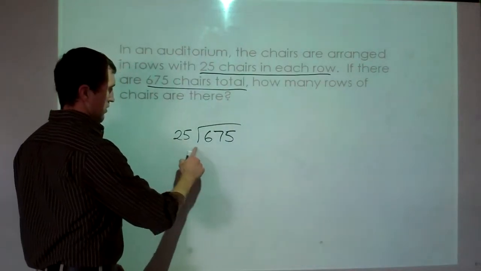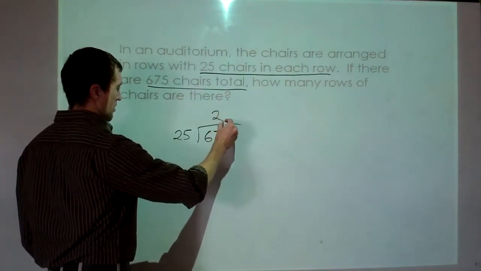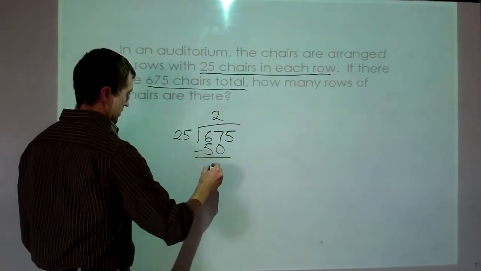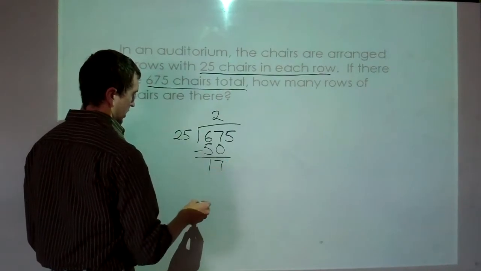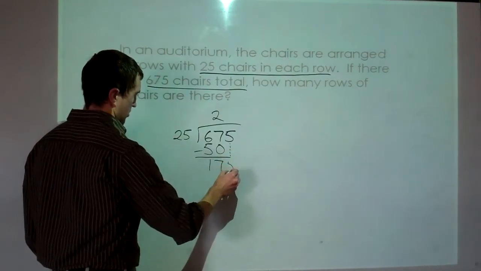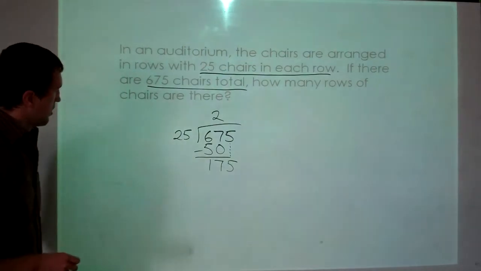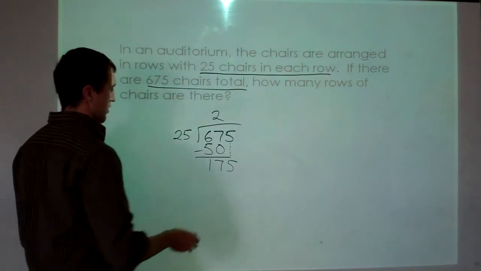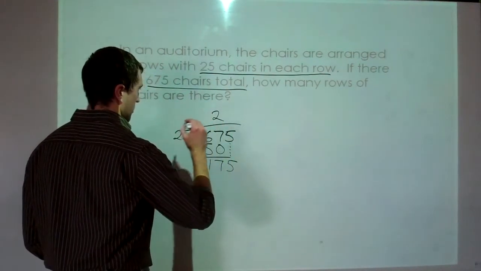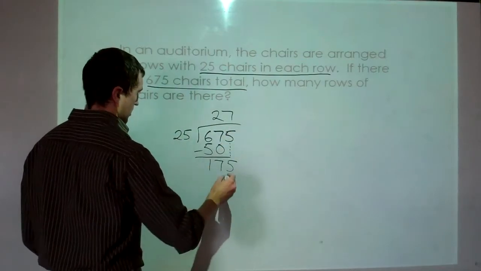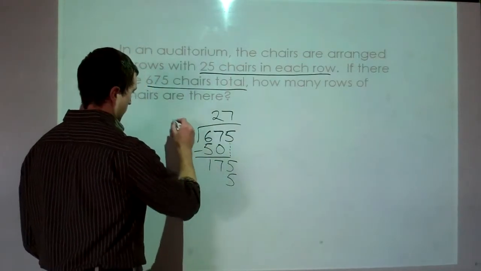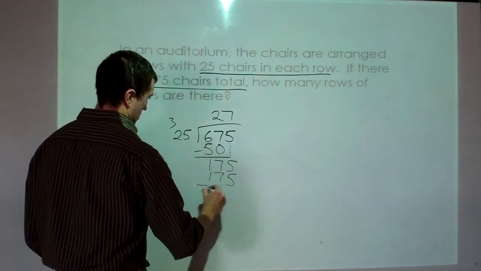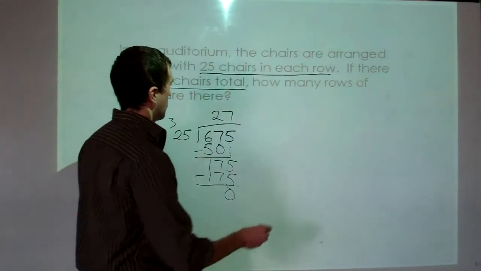we figure out how many chairs will go in each row from 675. So, we know 25 goes into 67 twice. 3 times 25, 50. Subtract, 17, drop our 5 down, 175. 25 goes into 175, I believe, let's see, 7? Yeah, 7 sounds right. 7 times 5, 35. 7 times 2, 14, plus 3, subtract 0. So, 27 rows